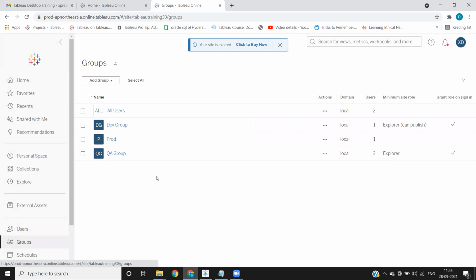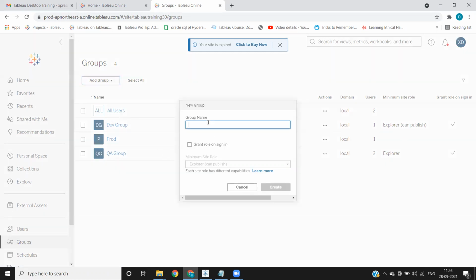If I want to add a user to the group, first he should be part of our user list. Then only that user will be available here. You see currently, all users means the list of all users that are available on the server. By default, these users will not have any permission, or we will set them, which we will see in our next video. But for now, I'm creating a group.